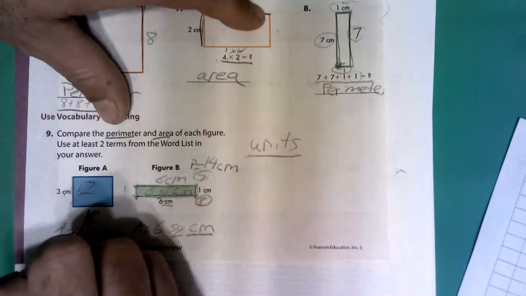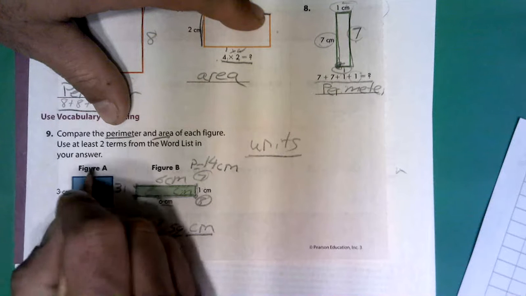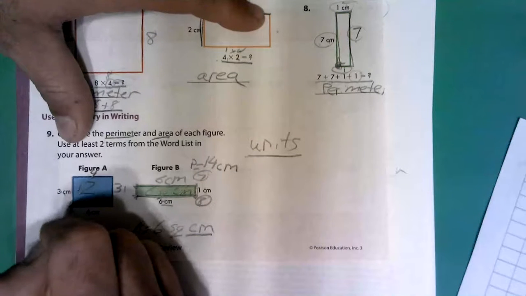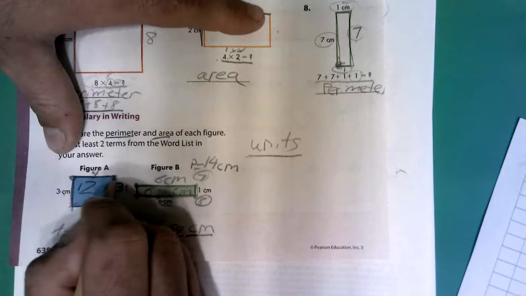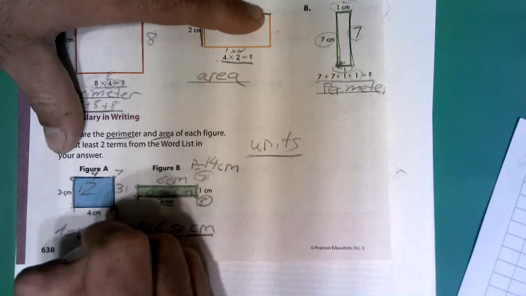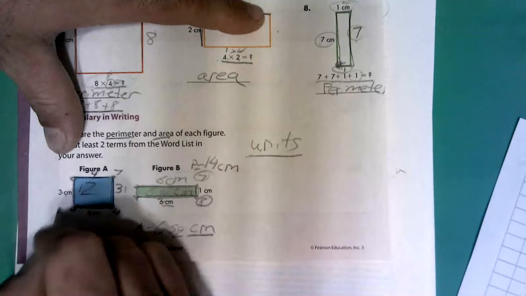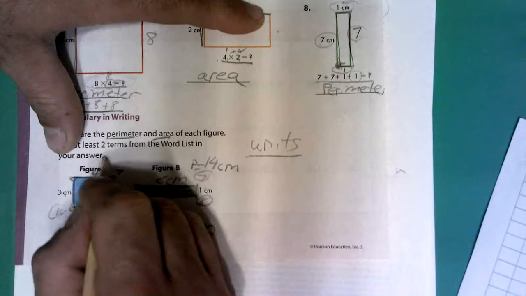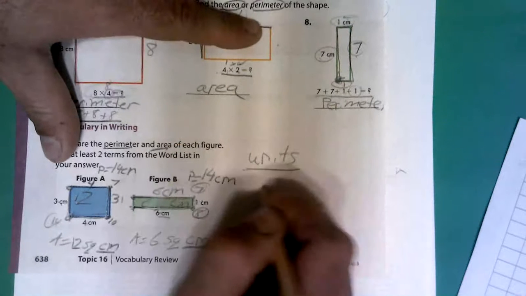Let's see about this perimeter. So this is 3, that's 3. That's 4, this is 4. So figure A is 3 plus 4 is 7. 7 plus 3 is 10. And 10 plus 4 is 14. And so figure A perimeter is 14 centimeters. And so they have the same